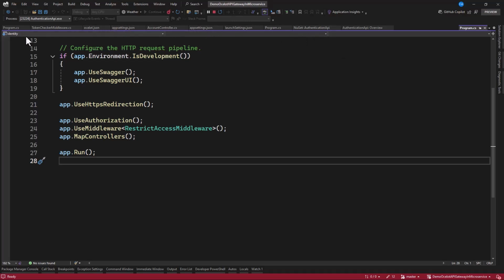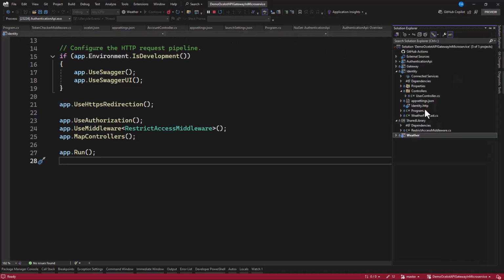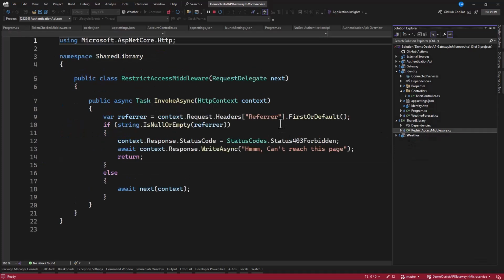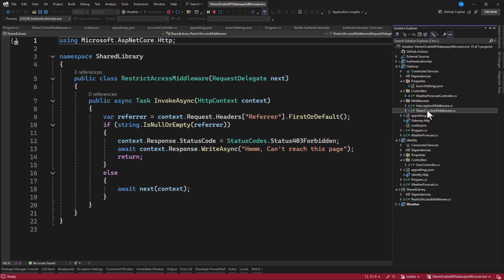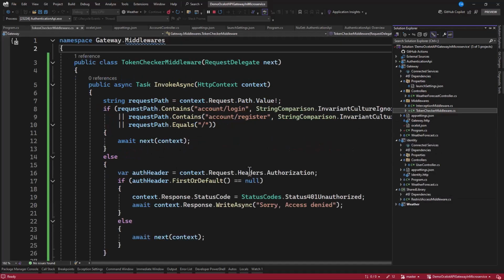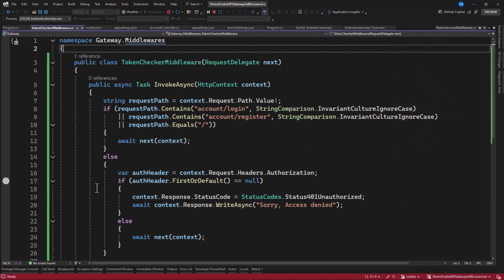So we have a checker. Maybe let's check from the shared library. This shared library contains this restrict access, and that is going to make a check here and check if it has referrer. Well, it's going to have it. Let's go to the token checker from our gateway, and now here it's going to check whether it has token from here. So let's put a breakpoint, and now let's go to our Postman.